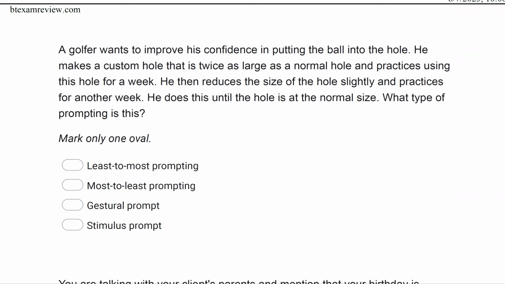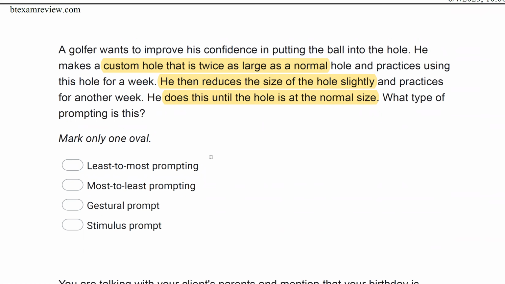And so he makes a custom hole that's twice as large. He then reduces the size, and then he goes all the way down to the normal size. So what type of prompting is he using? A, least to most prompting. Well, with least to most, you would start with errorless prompting, right? And work your way up. He's not changing the type of prompt. He's still using the same sort of prompt, except he's